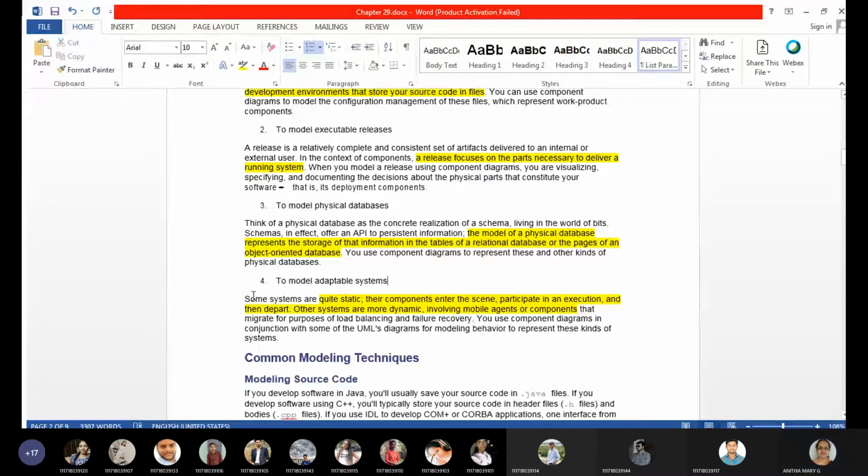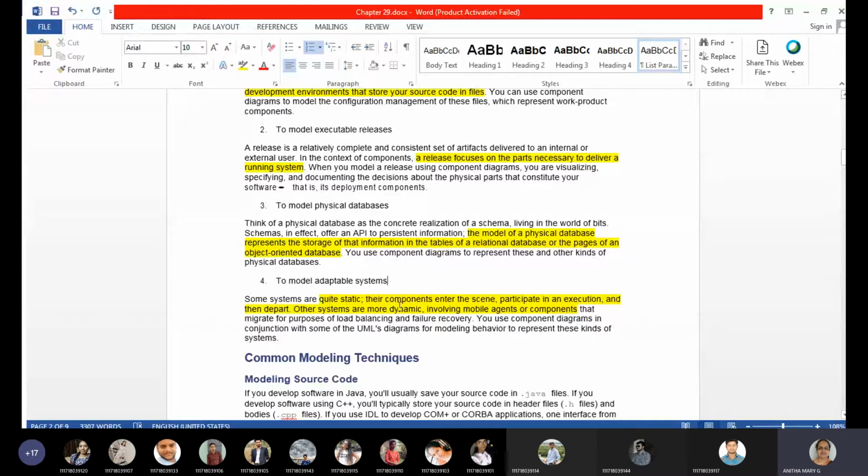Let's see the definitions given here. Some systems are quite static: their components enter the scene, participate in the execution and then depart, like when we install an .exe.